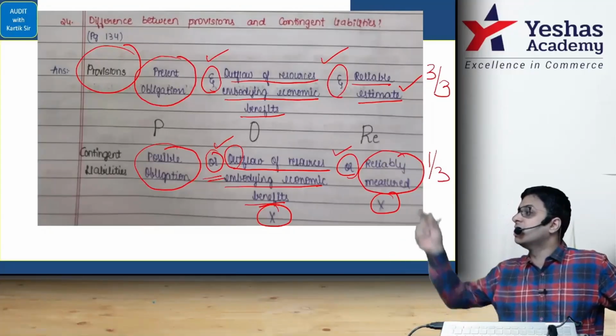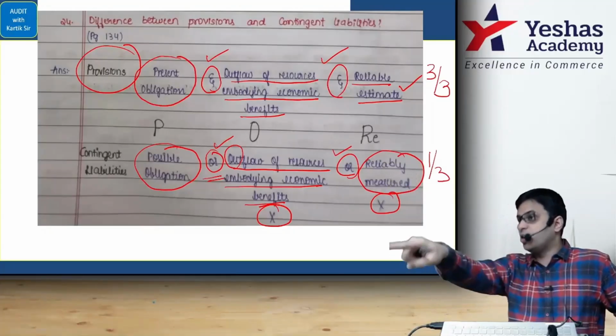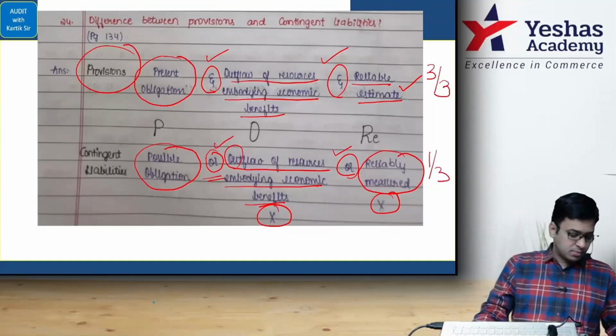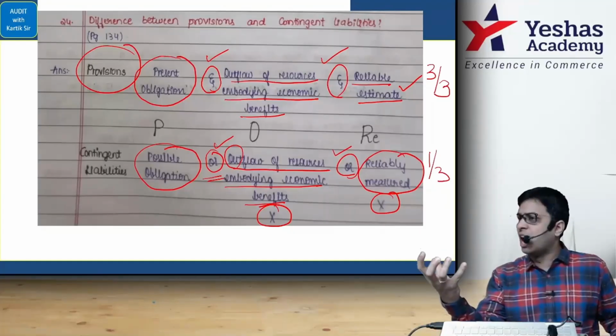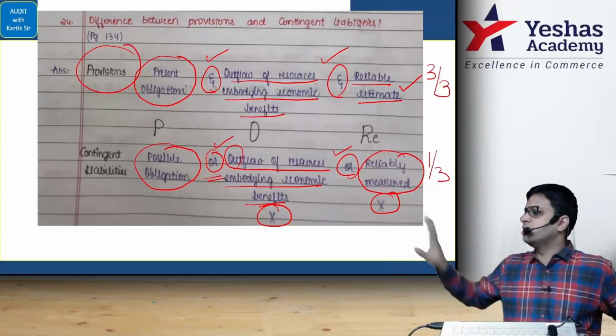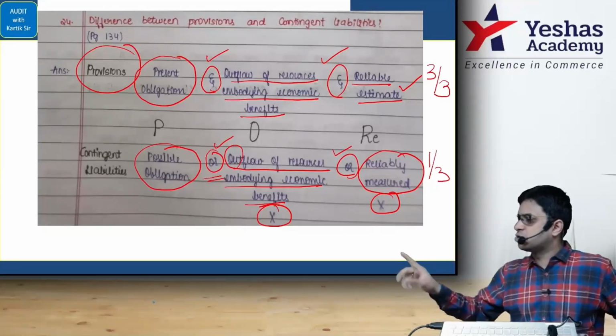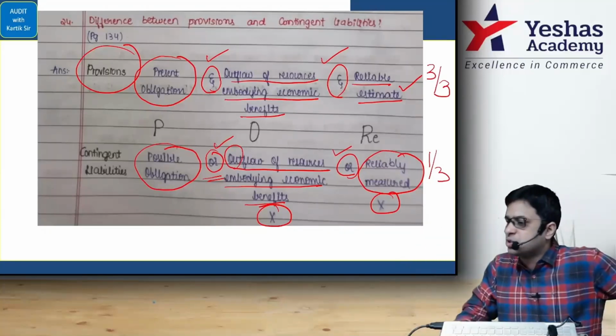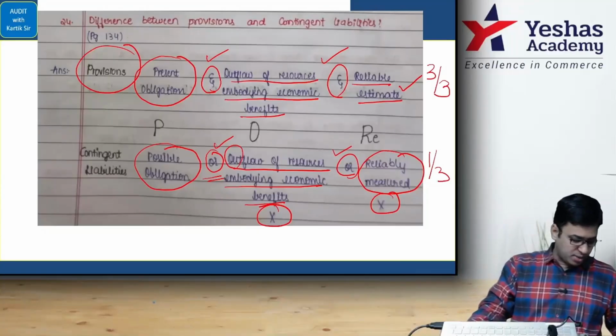So you're basically writing AS29, telling the examiner, see, I know AS29. So basically that is giving an indication. Yeah, let's go further. The heart of AS29 is this only. Everything around AS29 roams around this only. All the questions that you have done will roam around this only. So basically you're giving the examiner a small trailer that you know about AS29. Let's go to the last point, please read with me.